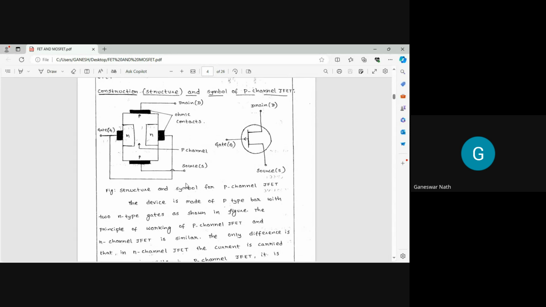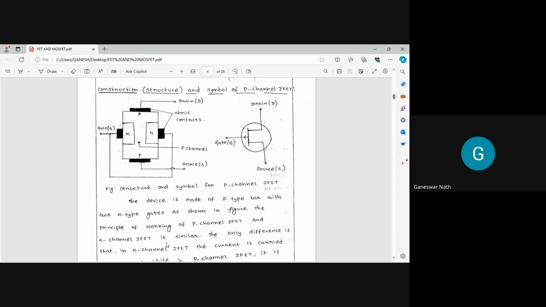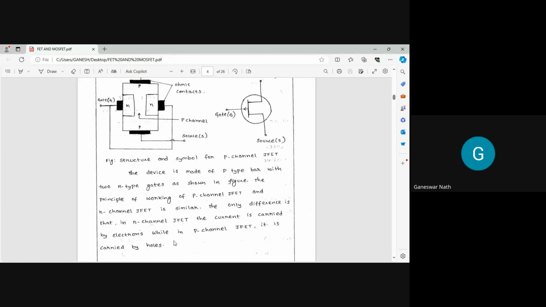You can see, the device is made up of a P-type bar with the two N-type gates, just opposite to that of the N-channel FET. So the only difference is that in N-channel JFET,